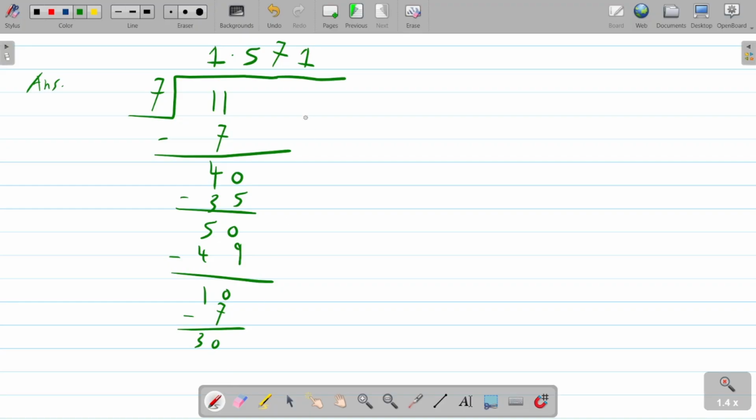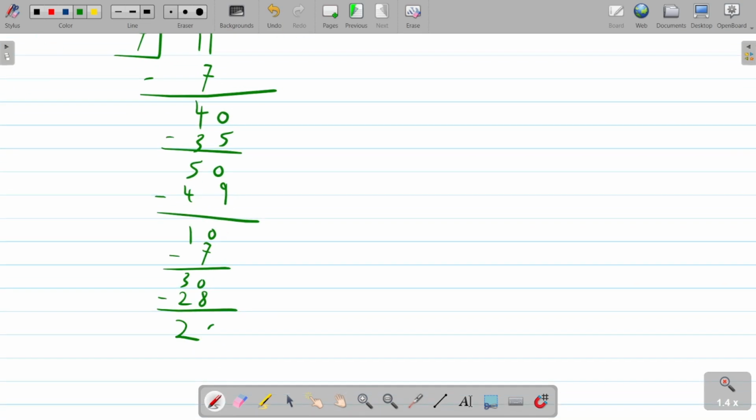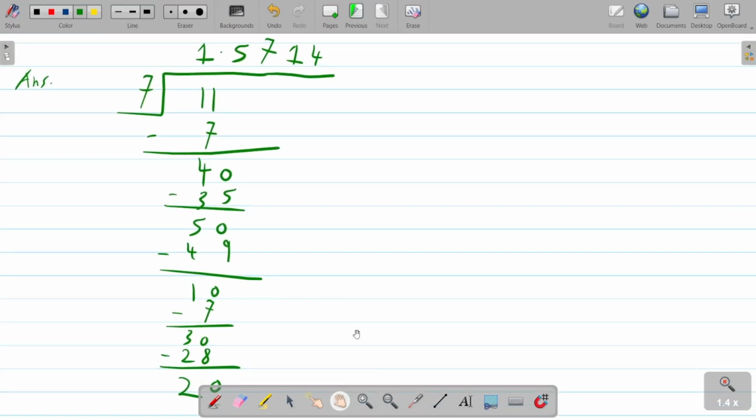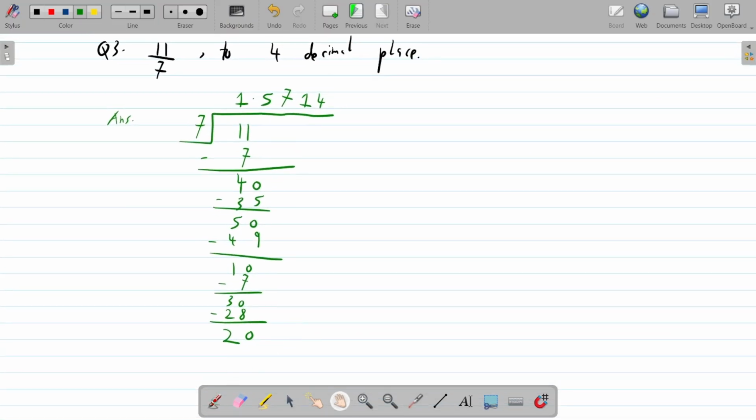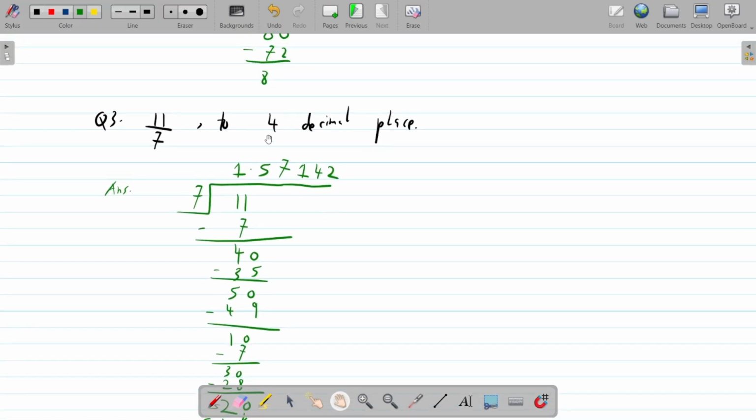Seven times 4. You're close. 7 times 4 will give me 28. Okay, then we have 2 now. 7 times 2, and then we can stop there. So we have 6. You don't need to go any further because we have the amount of numbers we need to write the number to 4 decimal places. So we write down